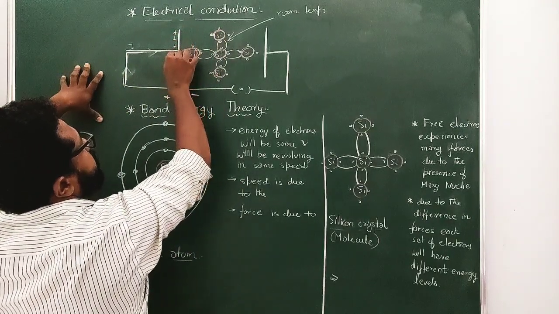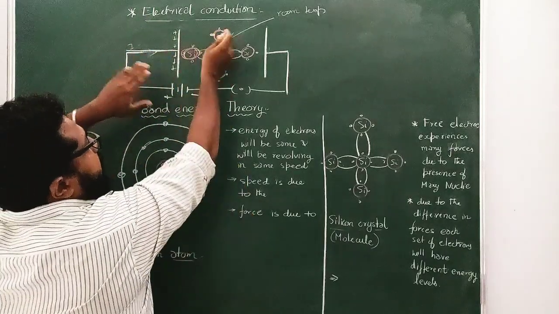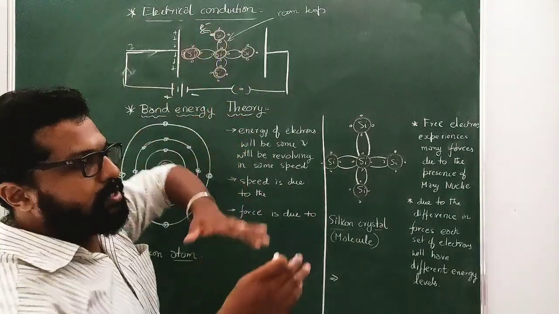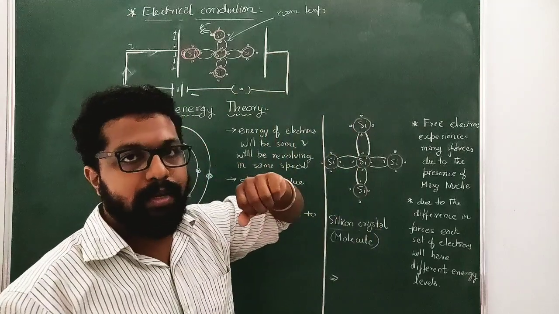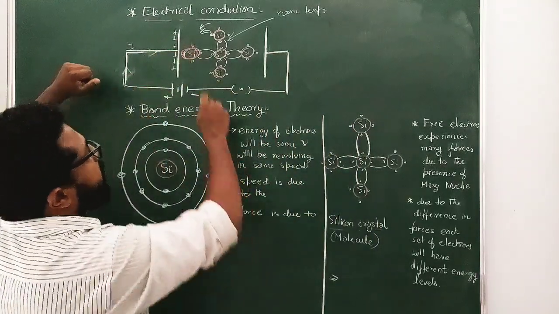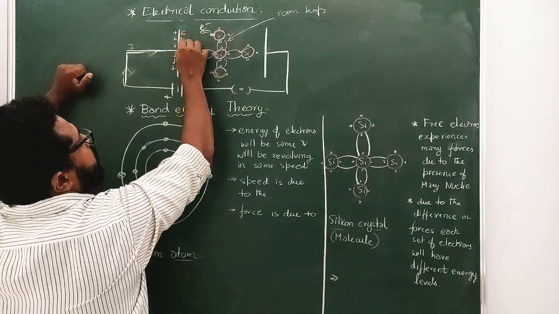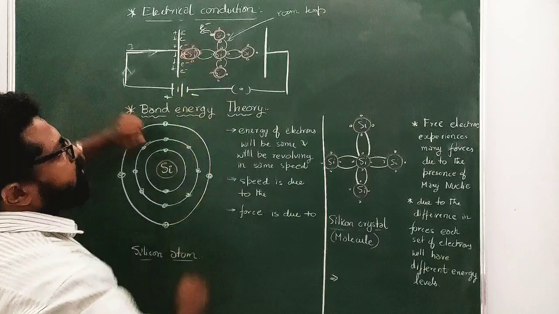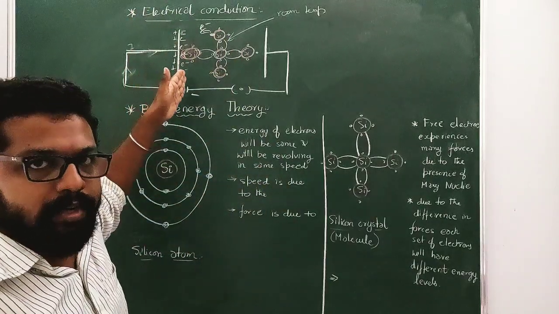When I apply the positive potential difference, this will be the positive end. All the electrons which have already broken from the bonding, due to the room temperature, these free electrons will arrange themselves in one particular corner. These electrons are negatively charged. I hope you know that one. So electrons get arranged themselves on the positive side of this potential difference.